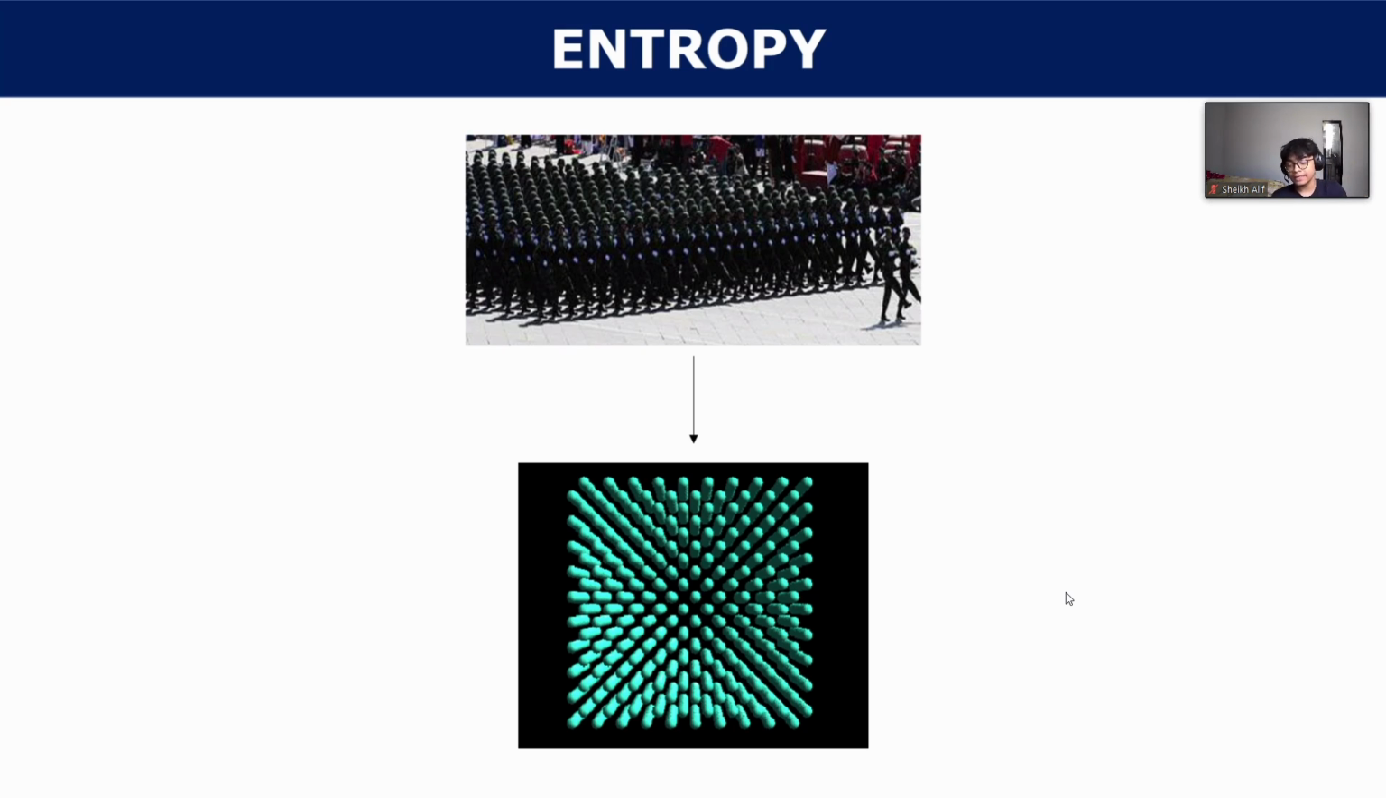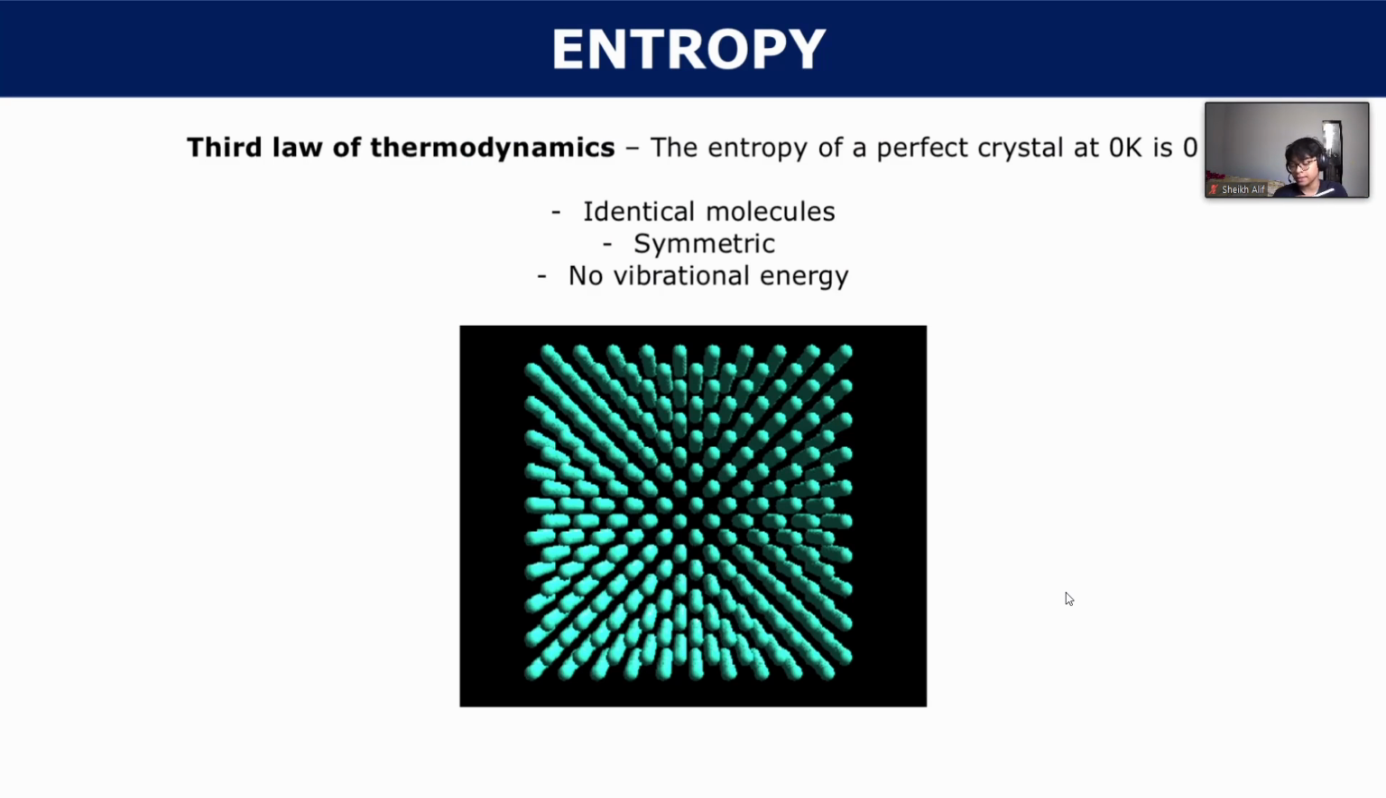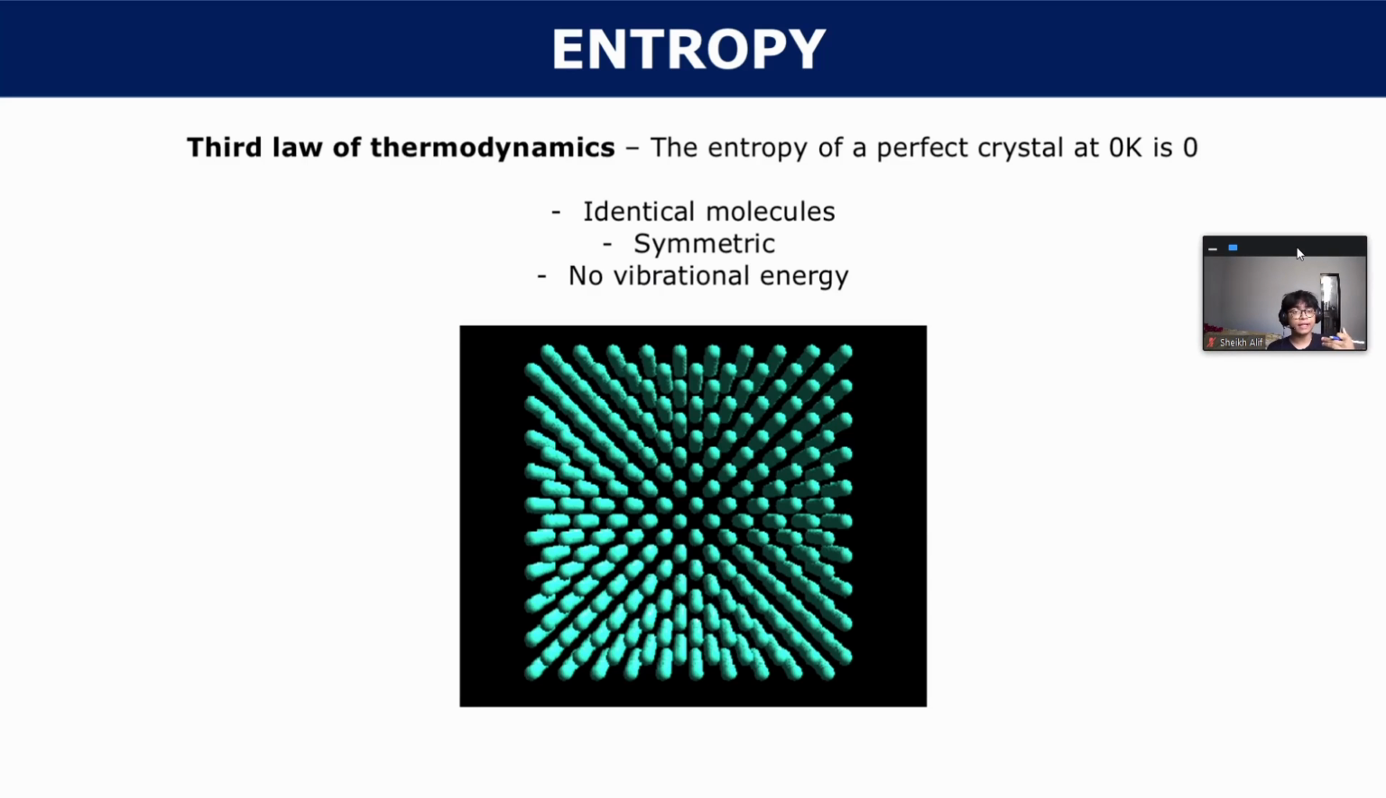And as it turns out, that ties into our third law of thermodynamics, which tells us that the entropy of a perfect crystal at 0 Kelvin is 0. And think about it, it kind of makes sense. If you have identical molecules that are always symmetric, and they're at 0 degrees Kelvin, so there is no vibrational energy, they can't move, well, their entropy would be 0. There's no sense of randomness. Everything is the same, they're not moving, and all their orientations are the same. So the third law of thermodynamics tells us that the entropy of a perfect crystal at 0 degrees Kelvin is